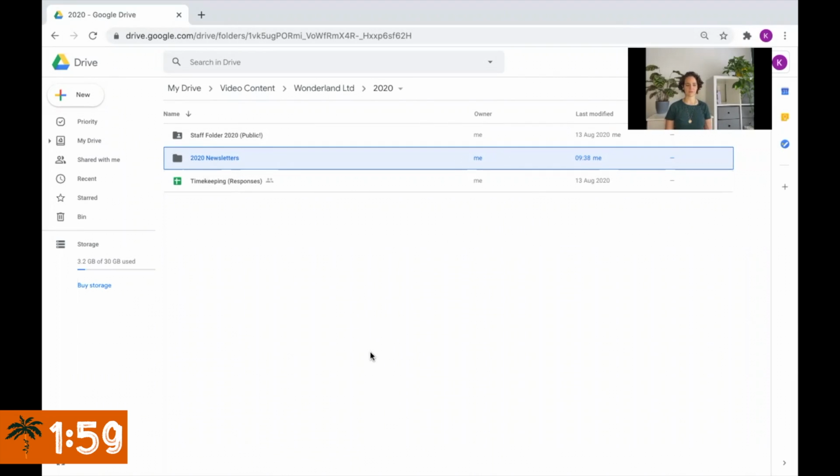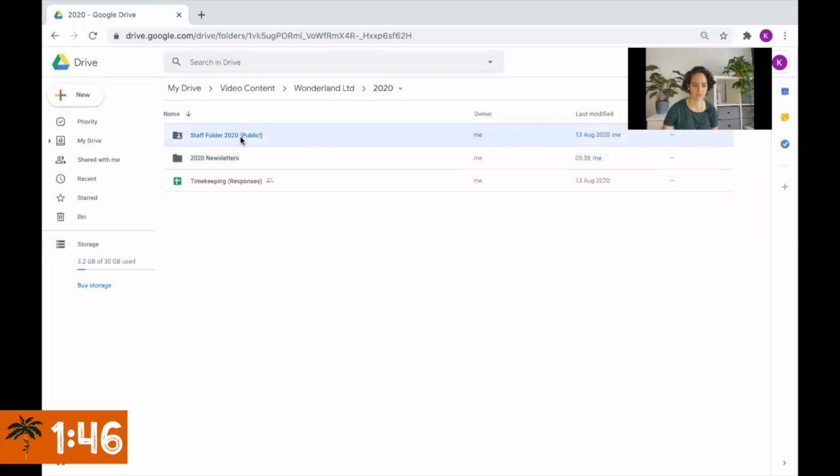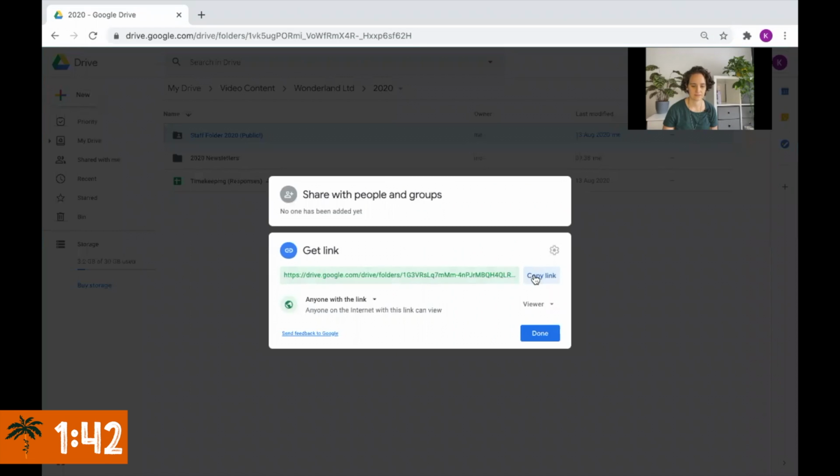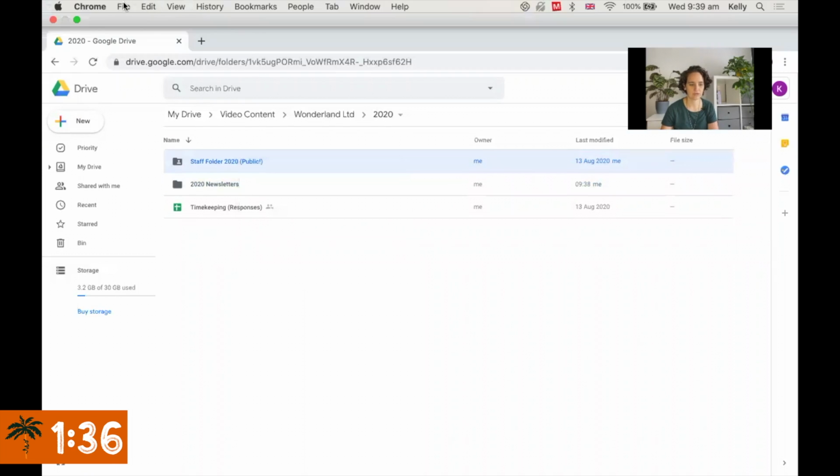Okay, so here we are in my Google Drive. I've got it open on Chrome, and I'm going to test to make sure that the link that I want to send to my staff is open for them to look at and contains everything that I want. So we go to this 2020 staff folder, we'll grab the link, copy, and I've checked my settings. So now I want to make sure that I've got this all right. So I'm going to go File,